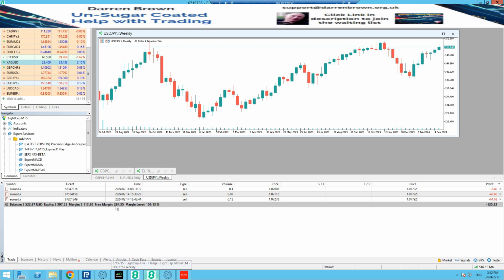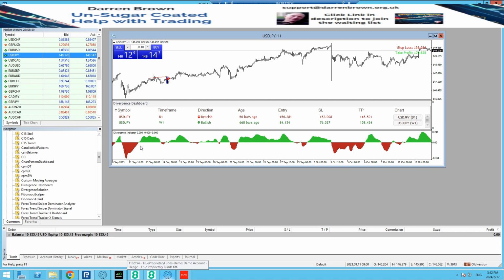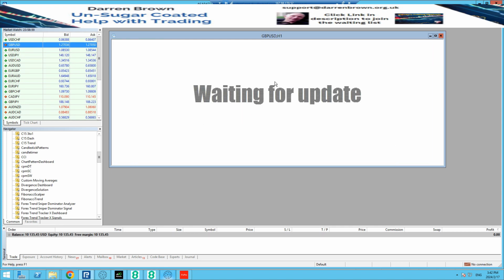That's pretty much all I can show you with that divergence system. So if we go back here, you'll see that it's all in operation. The way that this works really is that there are just different trading indicators which are there beneficially to help you, but it also gives you the ability to watch the markets on all the charts using one chart. And then all you do is, if you want to use GBP USD, you just scroll that across and it will update it. Now the reason GBP USD is quite a big file,